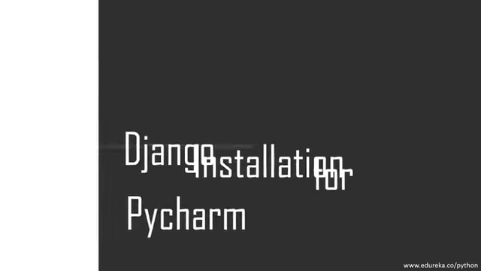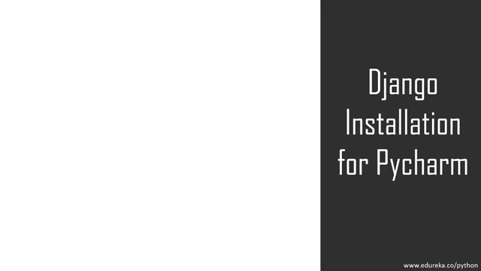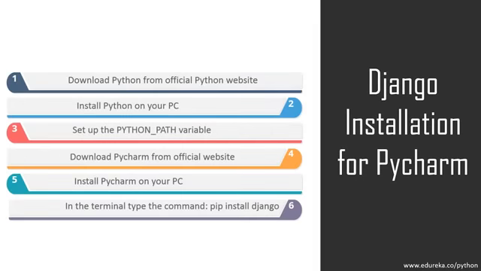Okay, so guys, now let's move on to see how to install Django. Before installing Django, you will have to install Python on your PCs. To do that, you can go to the official Python website and download it from there. I'll be showing you guys shortly how to do the same. After downloading Python, you'll have to finish its installation and setup process. Following that, I'll be showing you all how to set the Python home variable. This is done to make your IDE look for where Python is installed on your PC. After that, you'll have to download PyCharm and install it on your PC. Finally, you'll have to open the PyCharm terminal and use the command pip install Django.